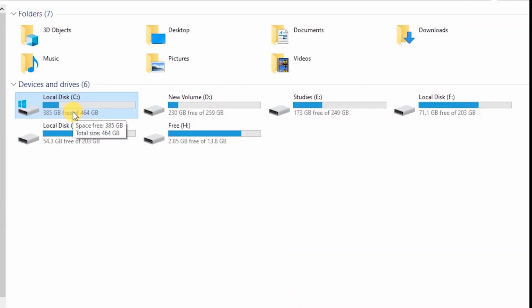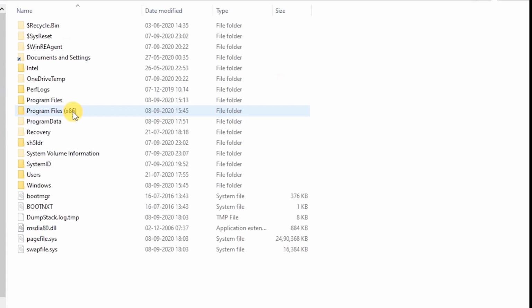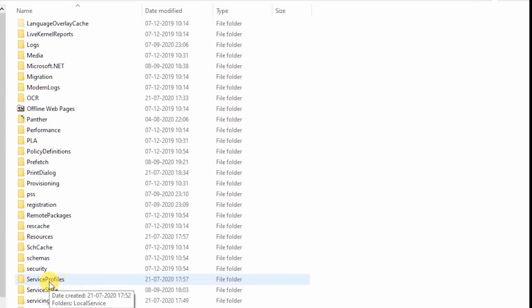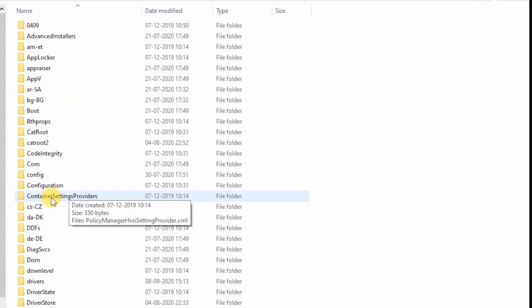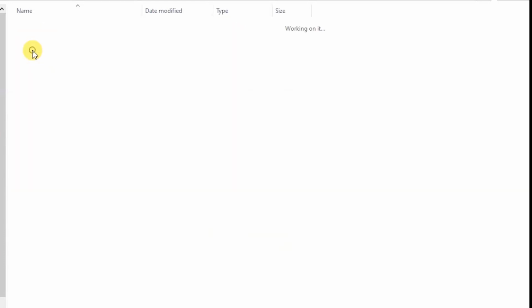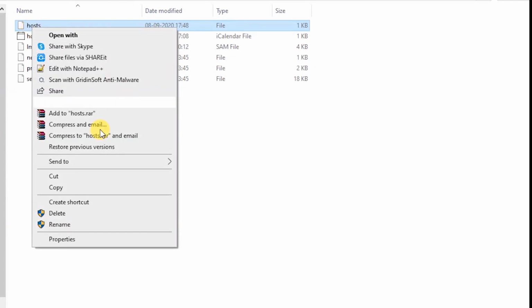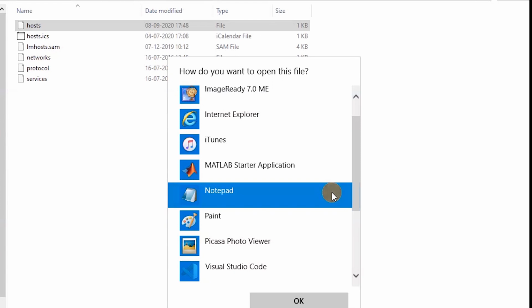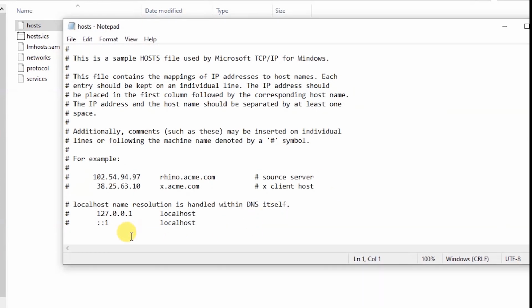First you have to delete some IPs from the host file. For that you have to go to Windows, then look for System, then go to drivers, then here's the host file, open it with Notepad. After this line you will find some IPs. I already deleted those. Just delete those IPs here, save the file, and then